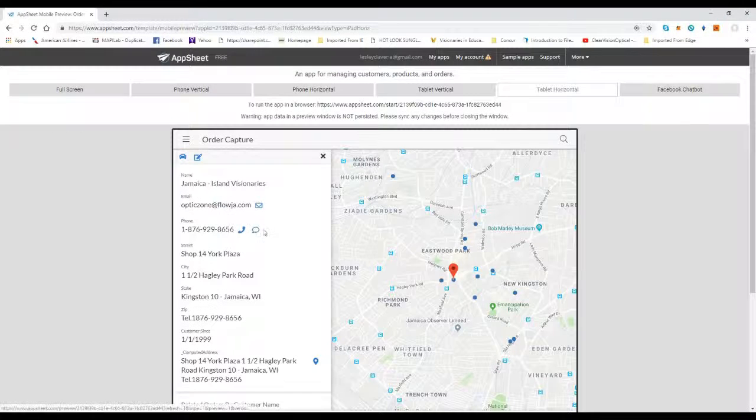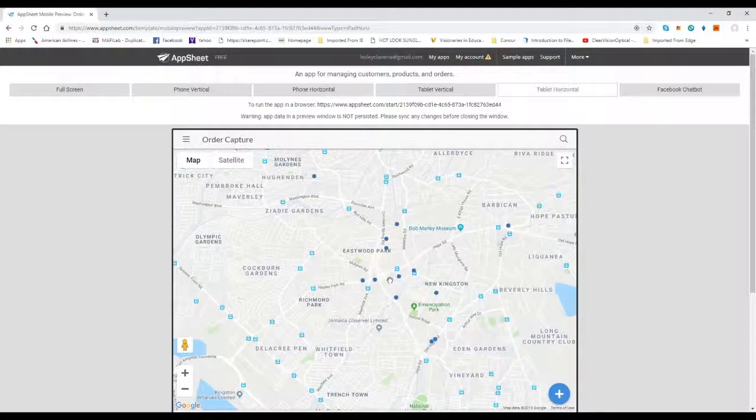I mean from your iPad, and if you're on your iPhone, you can actually make a phone call directly to the customer. You could text them as well, just by clicking these icons. So that's a pretty cool feature. The other thing I wanted to show you